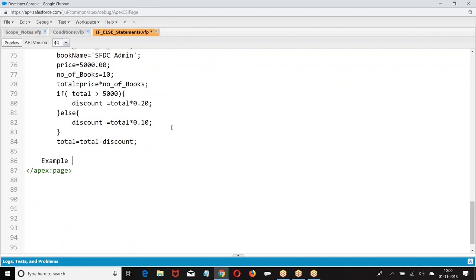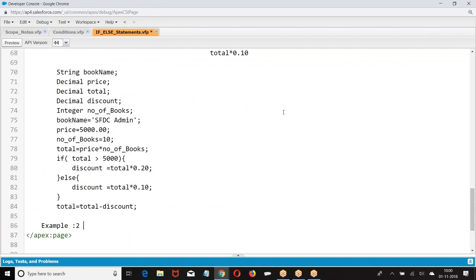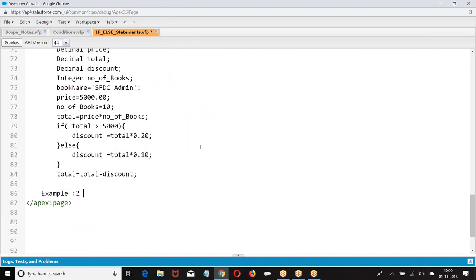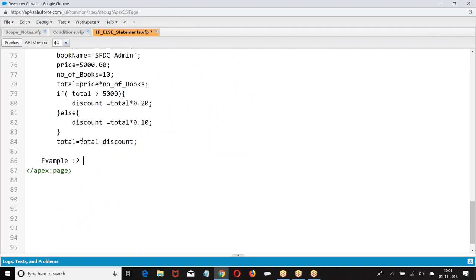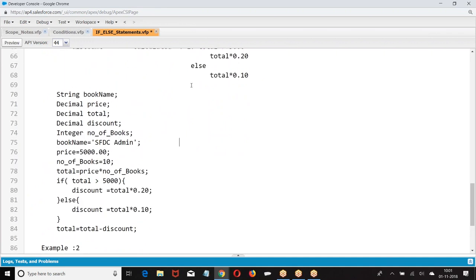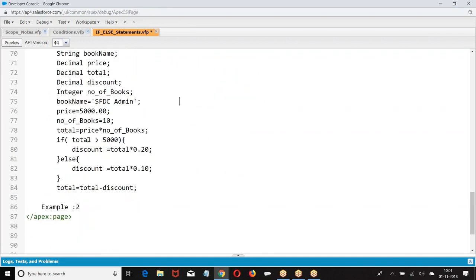Satish, we have two variables for total, right? Total is already defined. Total minus discount will give you total, right? A equal to A minus 10. Yeah, but total we have already declared as price into number of books. So will the new value override? When I say A equal to 10, what does it mean? Value of A is 10.